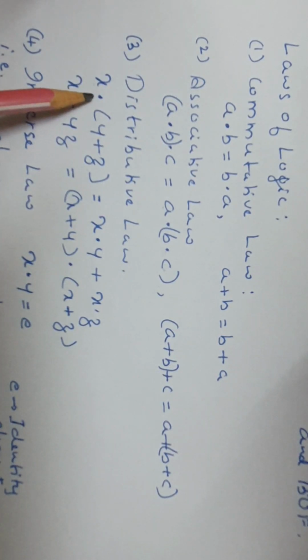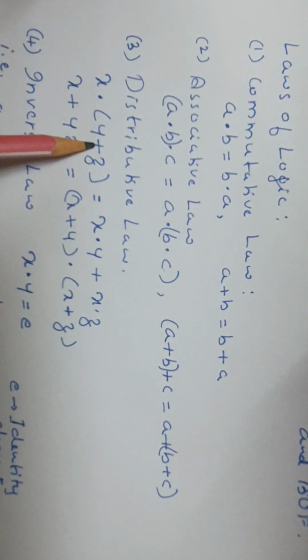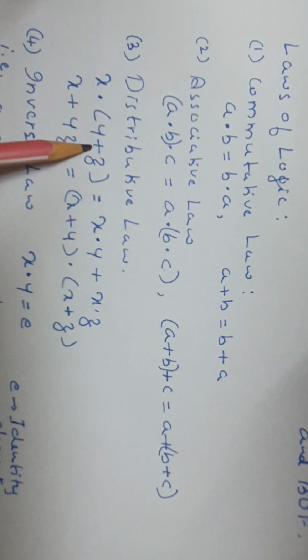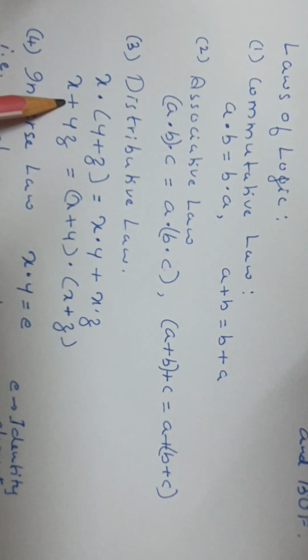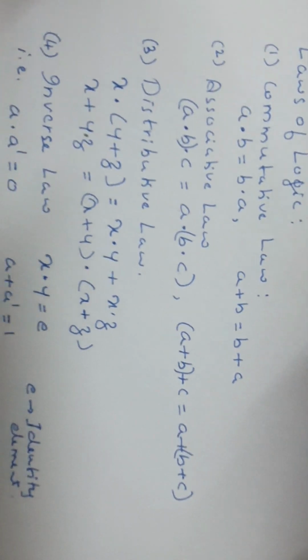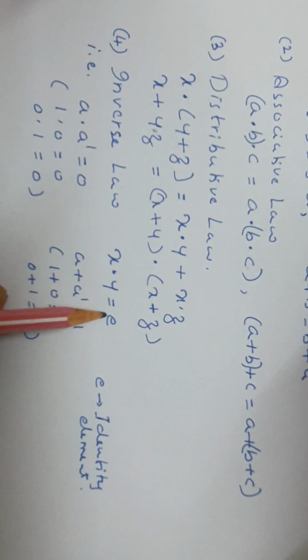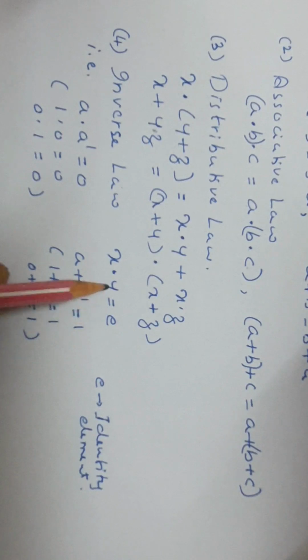So this is distribution of AND over logical OR. It is distributive of AND over OR. Similarly, distributive of OR over AND: X ORed with YZ is equal to (X ORed with Y) AND (X ORed with Z). This is distributive law. Inverse law states that X ANDed with Y is equal to the identity element where Y is